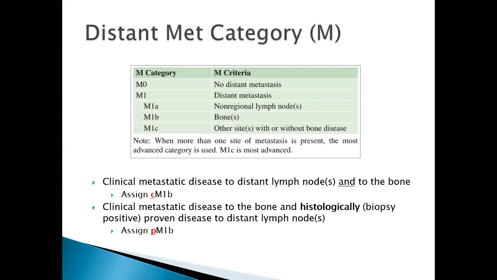M1C is another distant site, with or without bone disease. Other sites means other than distant lymph nodes, so lung, liver. And whether there is positive bone disease too or not, it doesn't matter. You assign M1C, just because